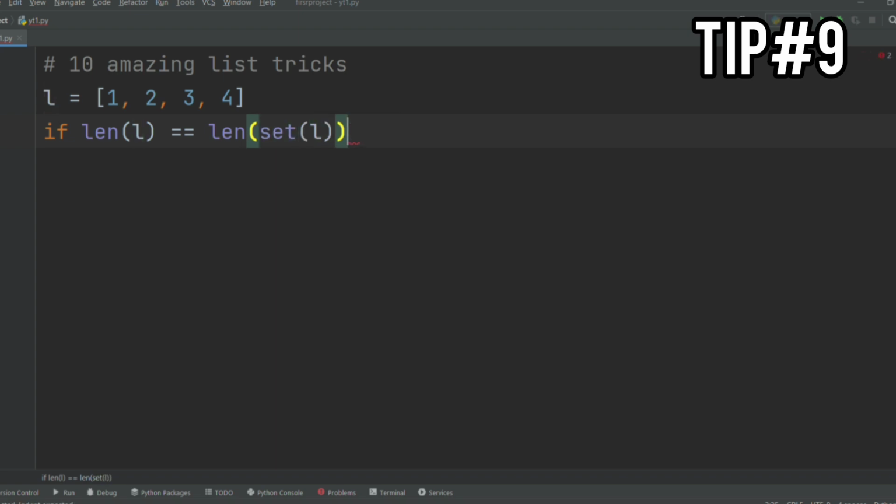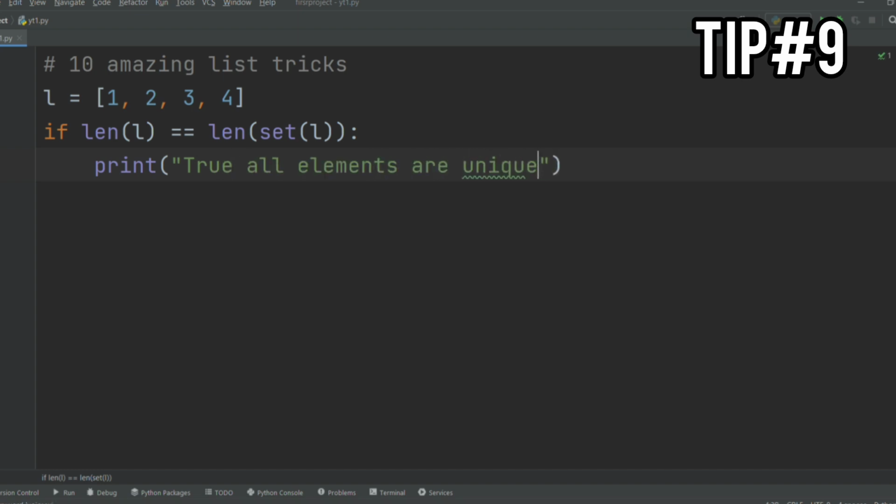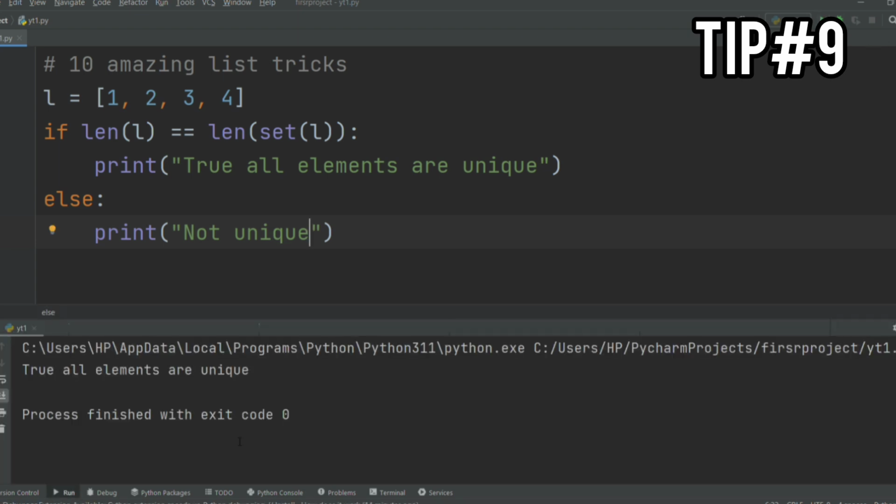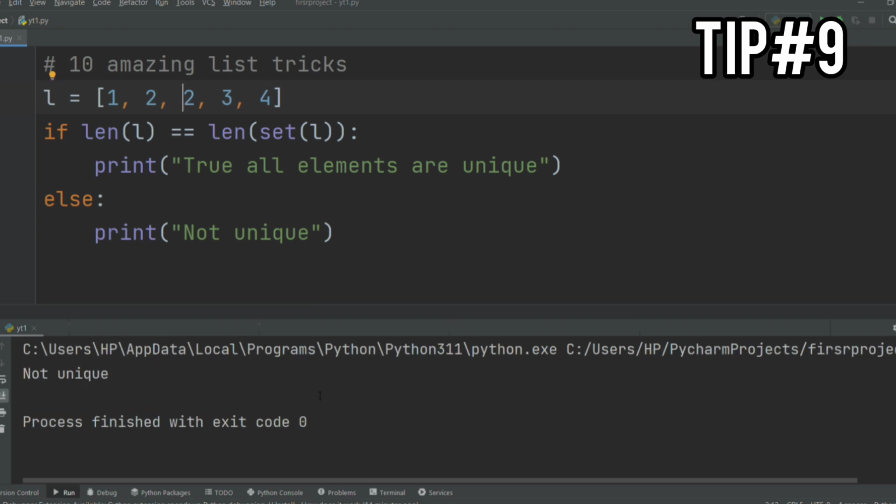If this is true, then you can print true, all elements are unique. Else you can print not unique. Now let's run this code and see the results. As you can see, we have got true for this list. Now let's modify this list and run this code again. Now it should give false. Now let's move on to the next step.